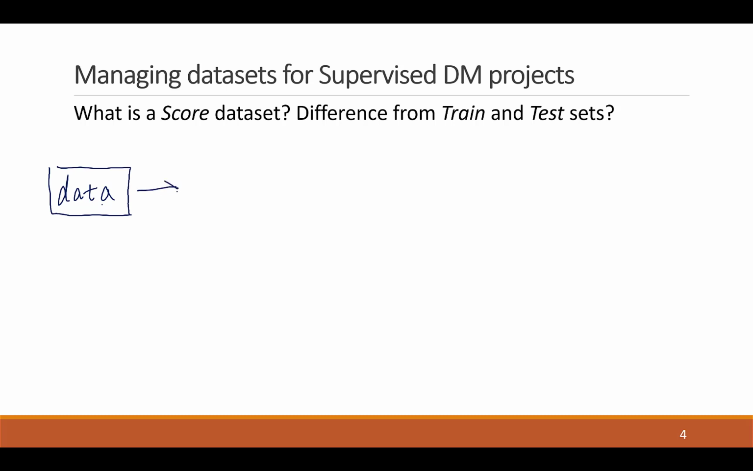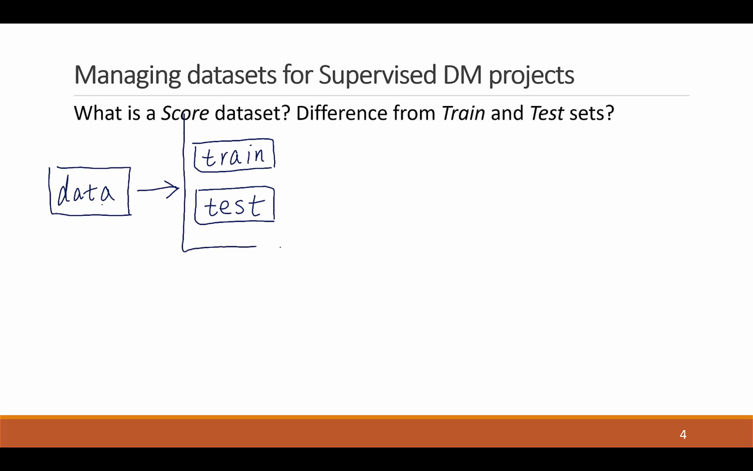So with your data, the first thing you're going to do is to split it into two data sets. Split into train and test sets. As the first step, when you start to deal with data,